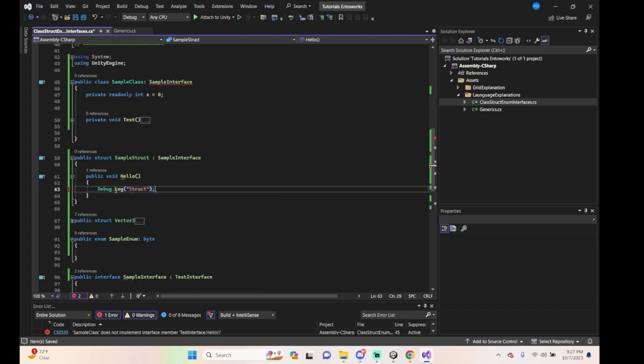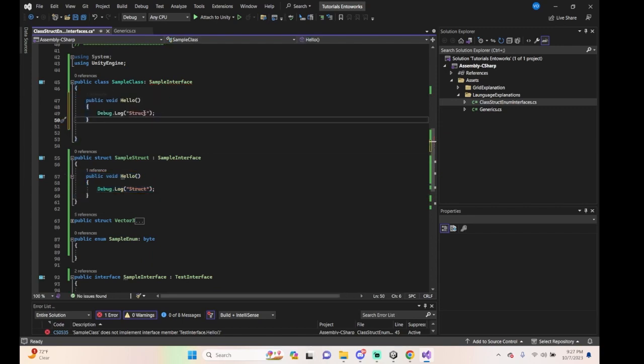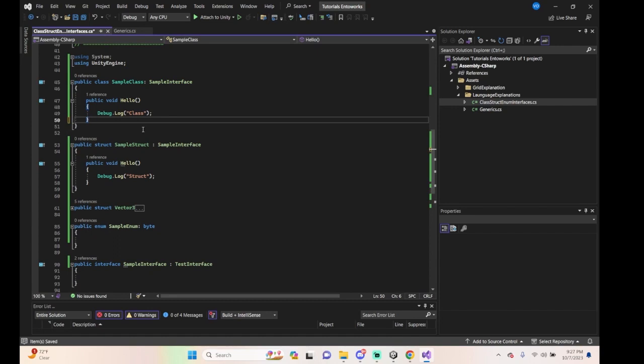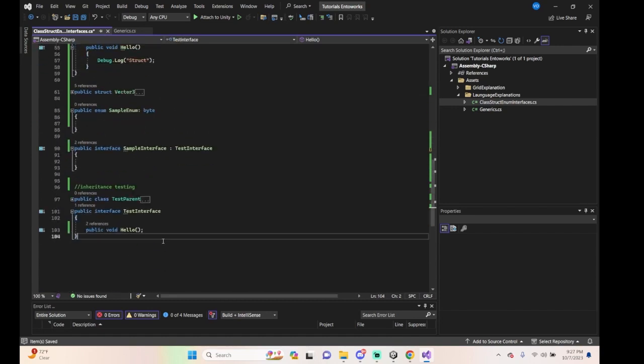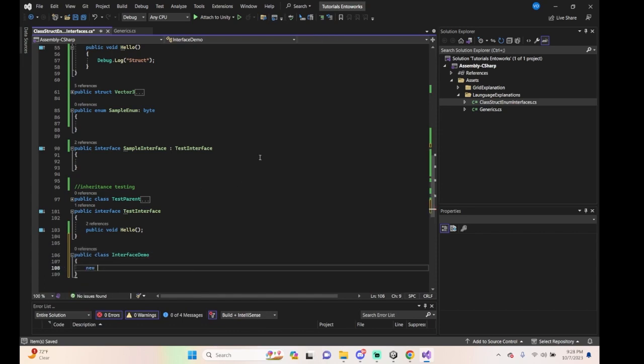struct. You could do different things in here, and then you have the other implementation up here and up here. That'd also be hello, but this one would be class or do whatever it does. And then what you can do is you can come into, let's make another class down here. Public class interface demo. I always do it. We can create a new sample interface